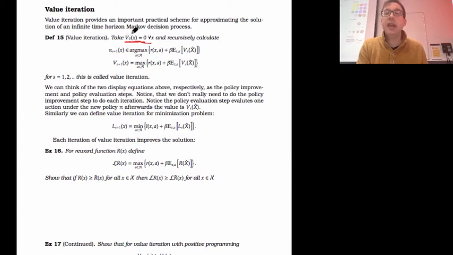If initially V_0(X) was 0, I'm just looking at the maximum reward I can get over one time step. So it's like, what's the best thing I can do over one jump?